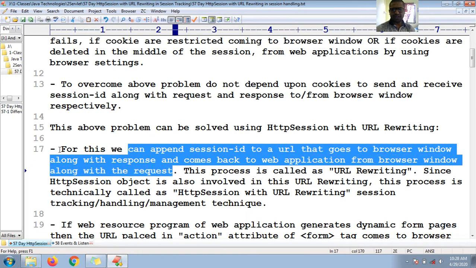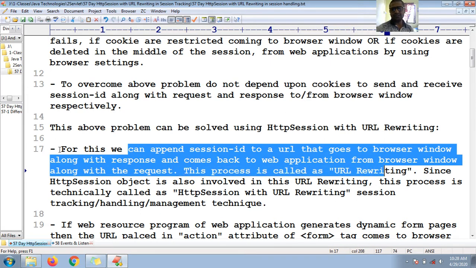Means the session ID will travel over the network along with the URL, but not as a cookie. So this process is called URL rewriting. As well, our above problem of working with HTTP session with cookies will be solved.